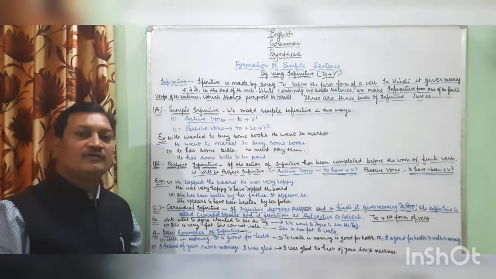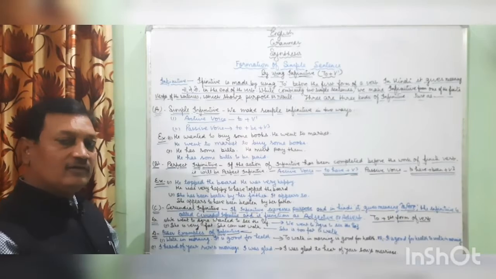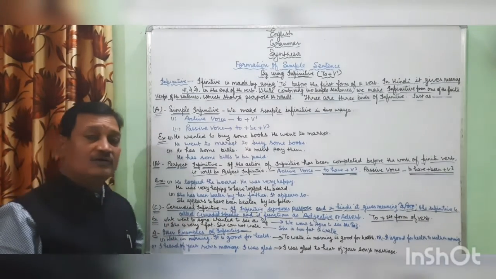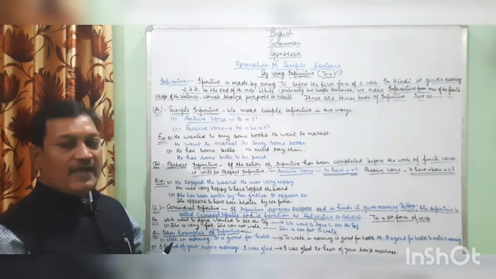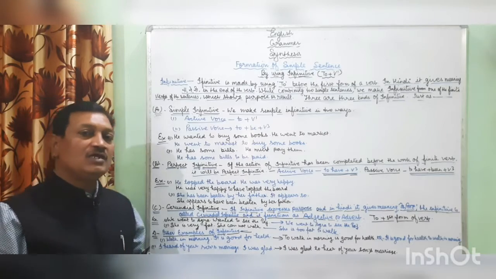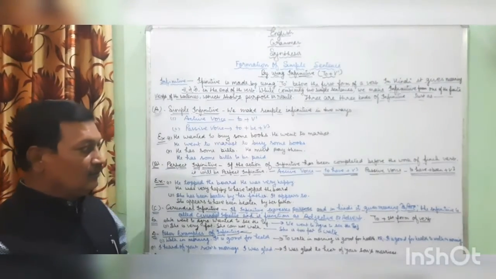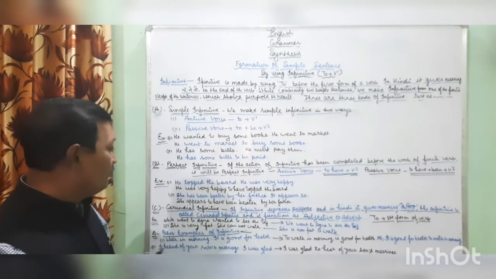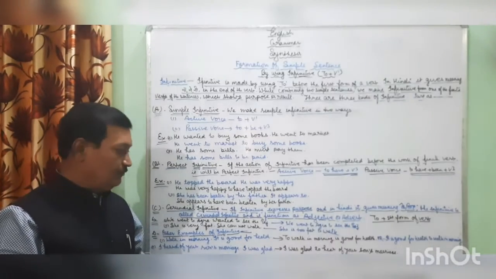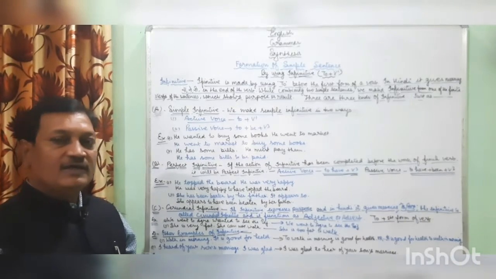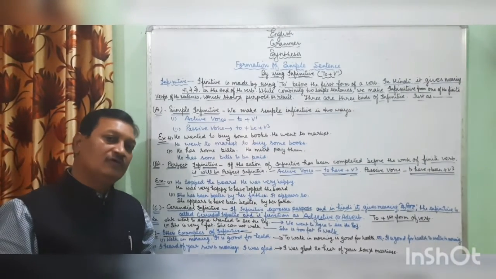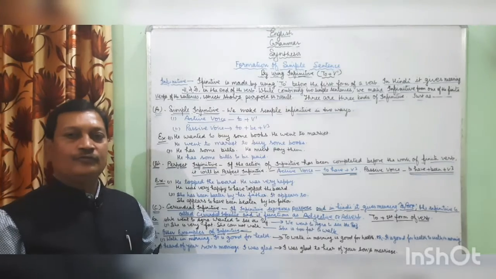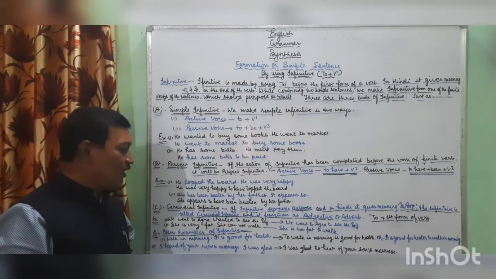Third kind of infinitive is gerundial infinitive. Students, let's know what is gerundial infinitive. If infinitive expresses purpose and in Hindi it gives meaning के लिए, the infinitive is called gerundial infinitive and it functions as adjective or adverb. We make gerundial infinitive by using to before first form of a verb.